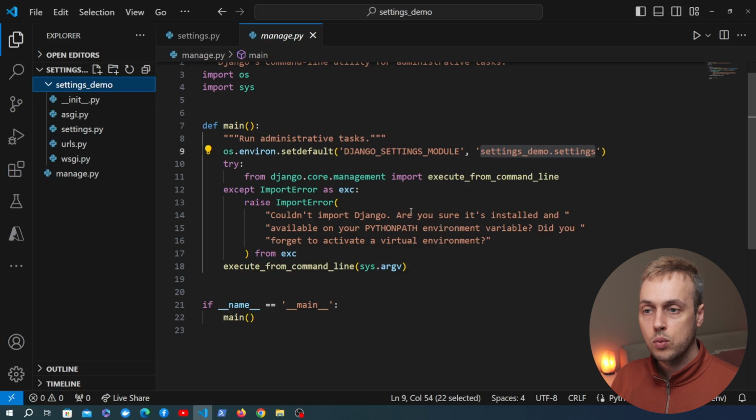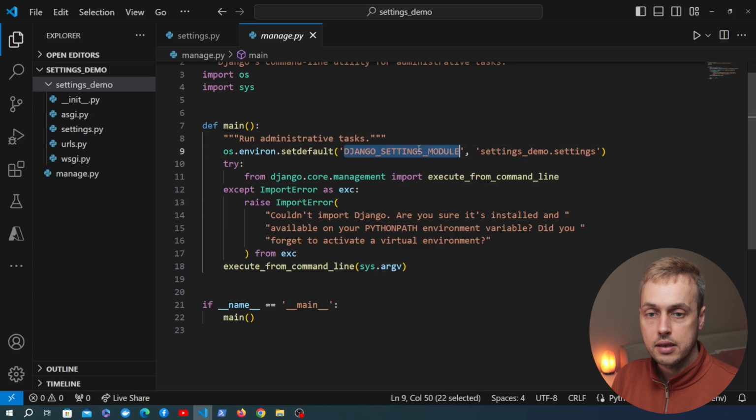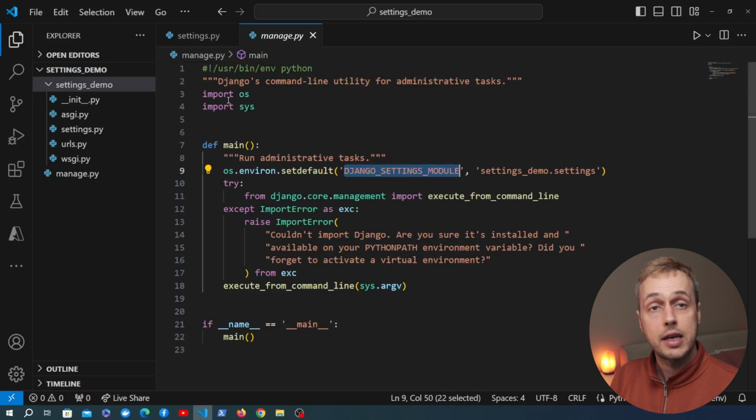Now we're going to gradually work through the project here and change the structure of the settings so that they conform with the Hacksoft recommendation. So this is going to be quite a theoretical video, but we're going to do a lot of work in VS Code to actually restructure things and show how you would set up your project for local development, for testing, and for production. Now before we go on, as well as this setting here being defined in the manage.py file,